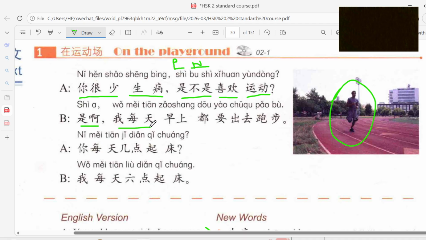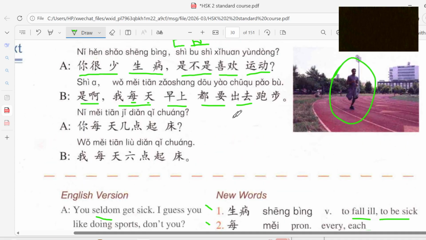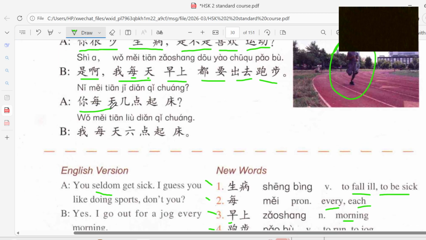我每天早上. We just looked at 每, which means every or each. 天 is day. Every day morning, every morning. 我每天早上都要出去跑步. I go out for a jog every morning. 跑步, running every morning. 你每天